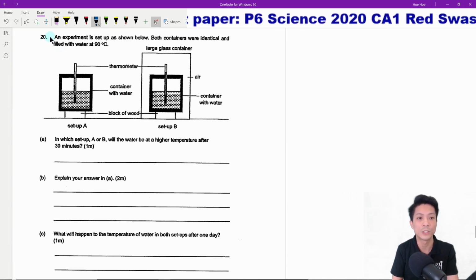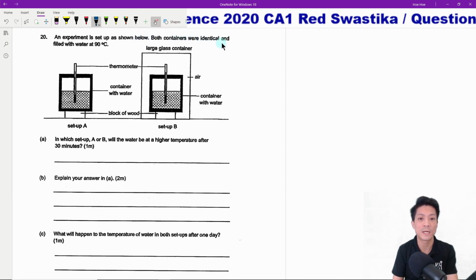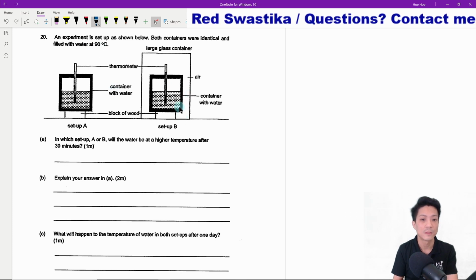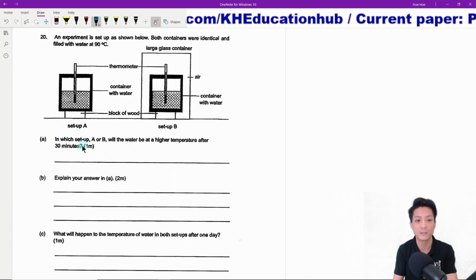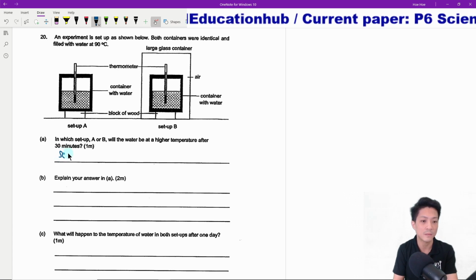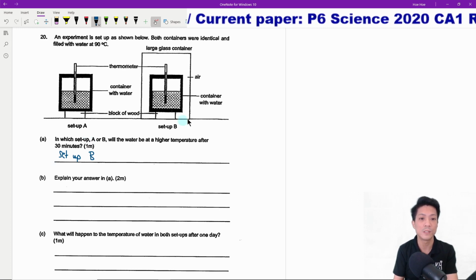Okay, moving on to question 20. An experiment is set up as shown below. Both containers were identical and filled with water at 90 degrees Celsius. So both have a thermometer, container with water, and block of wood, setup A and setup B. The only difference is there's this large glass container around setup B. In which container, A or B, will the water be at a higher temperature after 30 minutes? That will be setup B. Okay, the reason is because